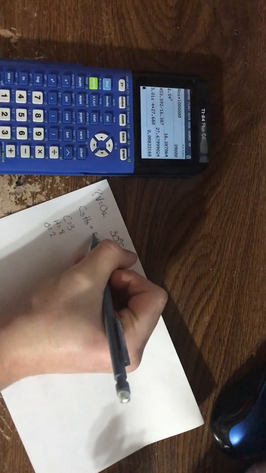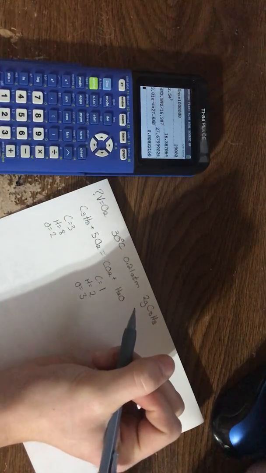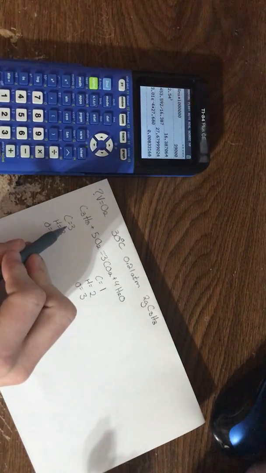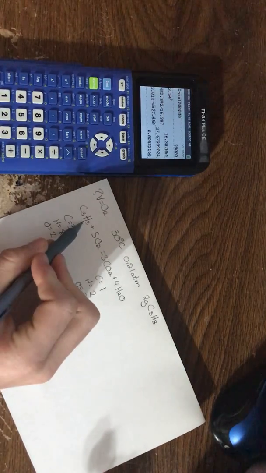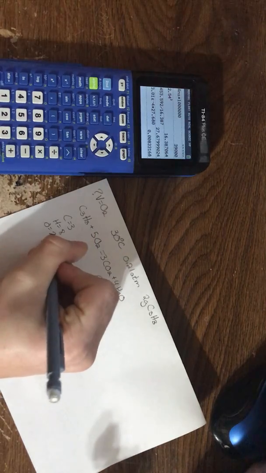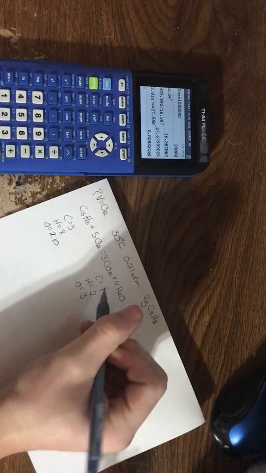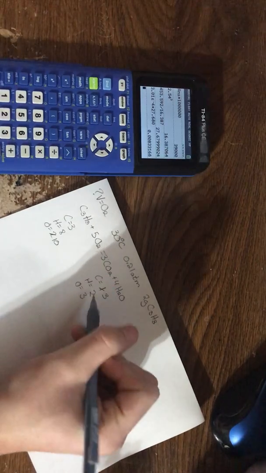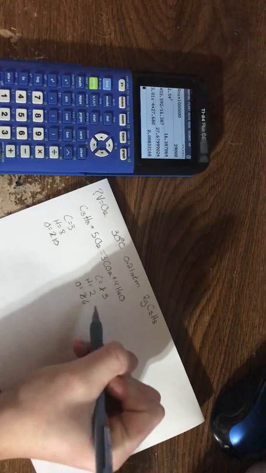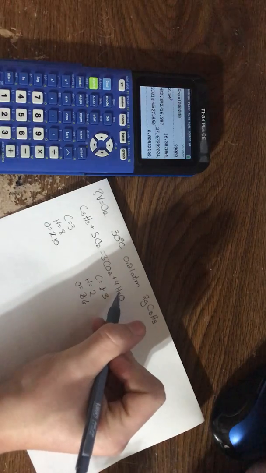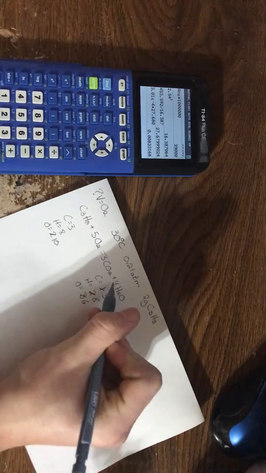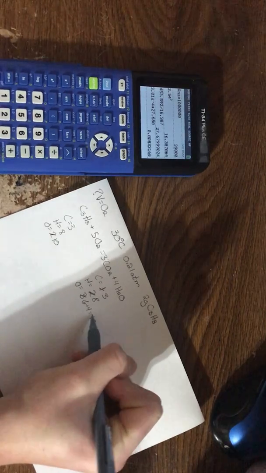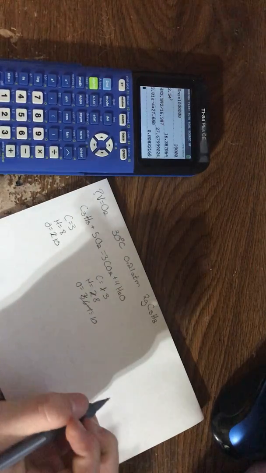All you have to do to balance it is put a 5 right there, a 3 right there, and a 4 right there. That now gives us 3 carbons and 8 hydrogens, but now we have 10 oxygens. And over here now we have 3 carbons. In this case we'll have 6 oxygens plus 4 times 2 is 8 hydrogens and 4 more oxygens, so plus 4 is equal to 10. So now that it's balanced,